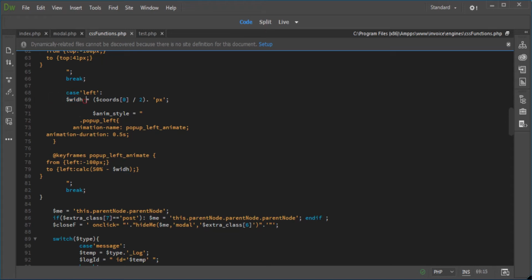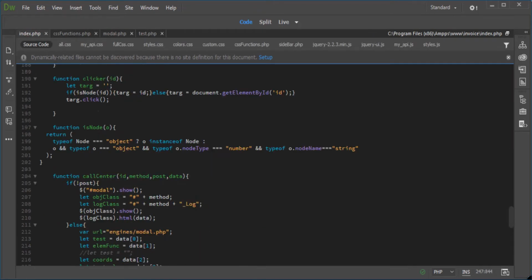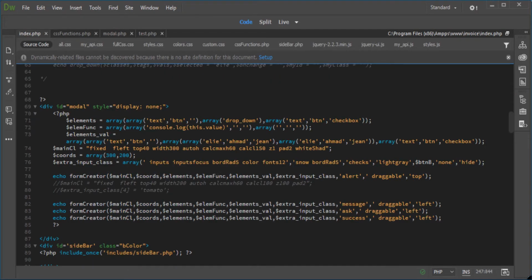First of all, it will generate the calculation of the width based on the coords here. So this is the width and this is the height. So to play the animation to the center of the screen, it will divide this by two,